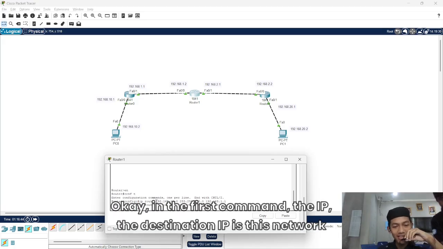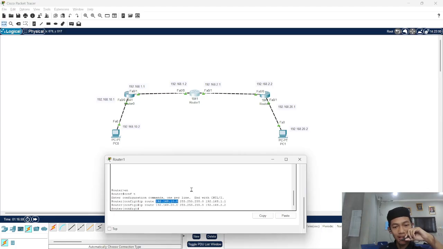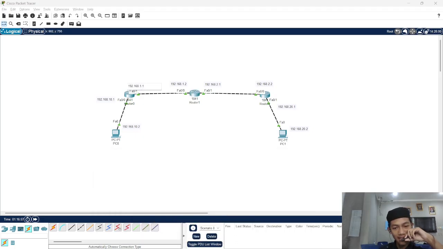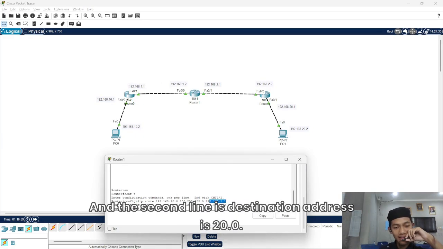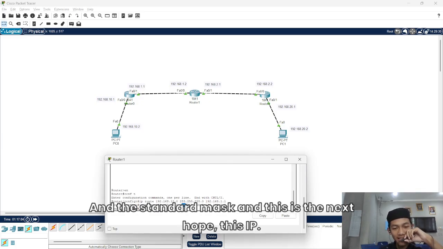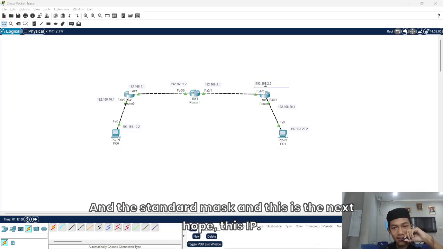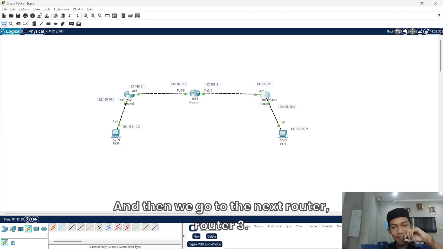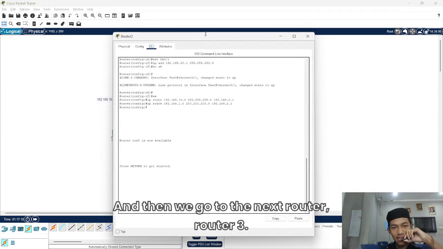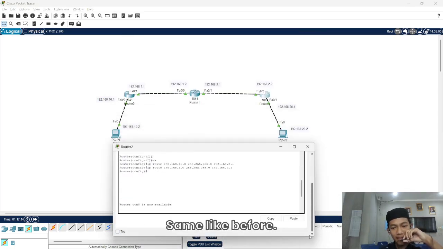In the first command, the destination IP is this network, the subnet mask, and its neighbor, this one in this case. In the second line, the destination address is 20.0, and the subnet mask, and this is the next hop IP. Then we go to the next router, router 3, same as before.